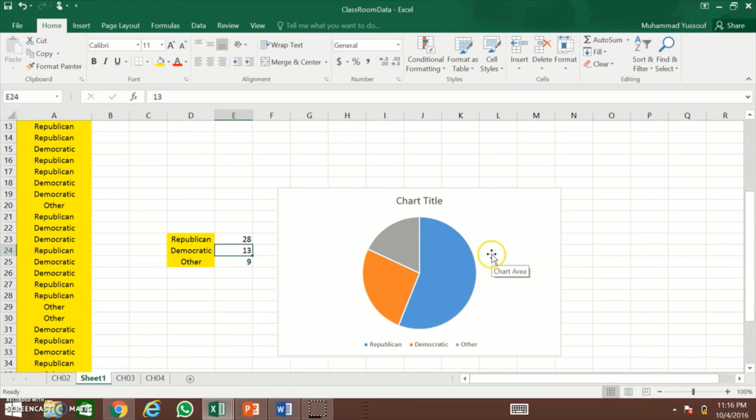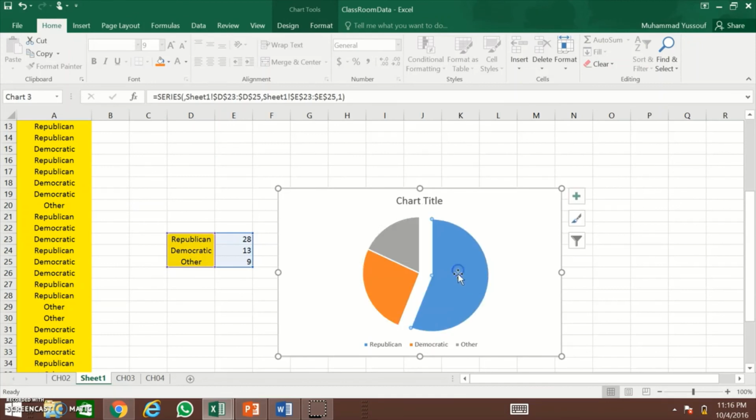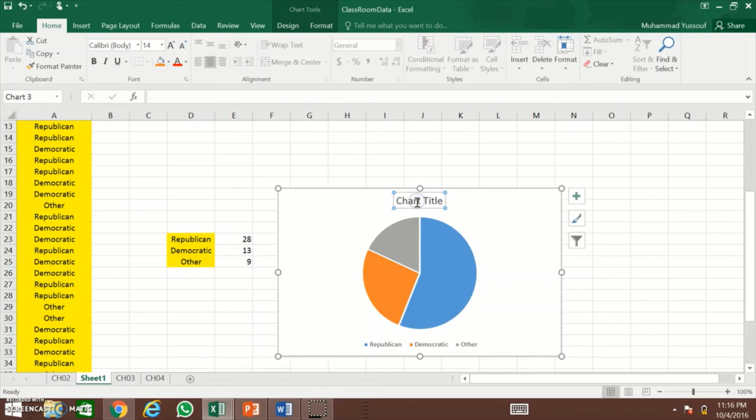So you can do a lot with this chart. You can make this a different color. You can separate the portion. There are so many things you can do. You can change the title. You can change the color and the orientation of the legend. So many things you can do, but that's not my topic. My topic was just to tell you how to make a